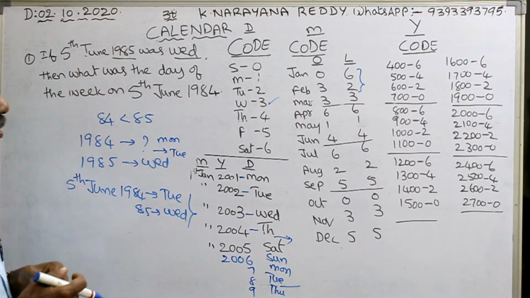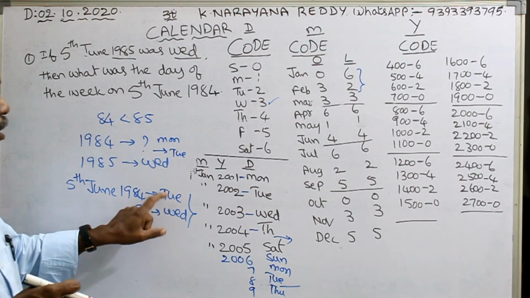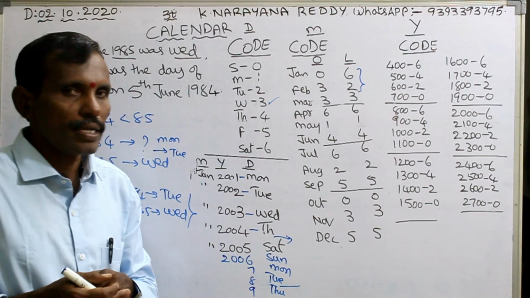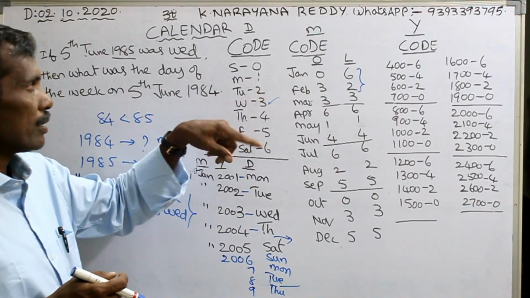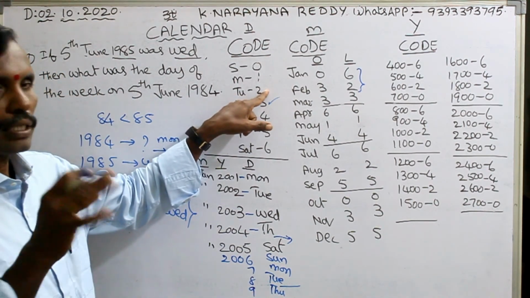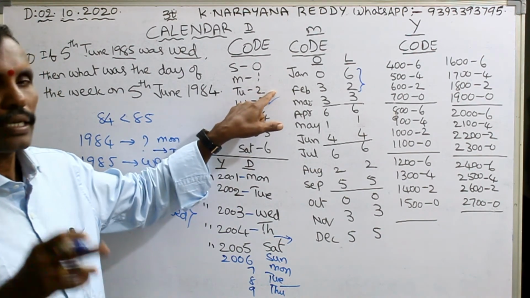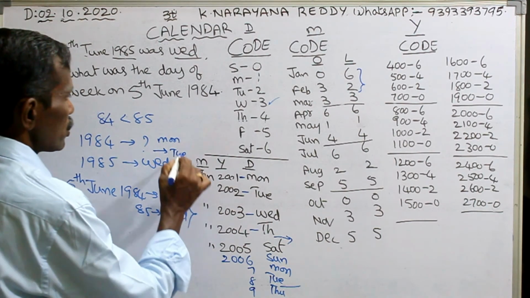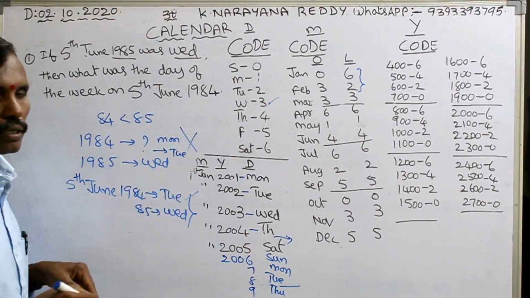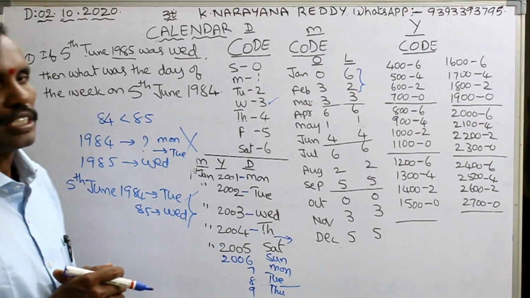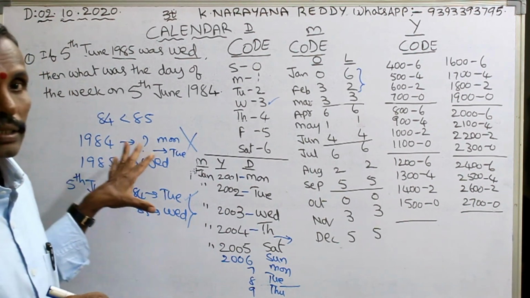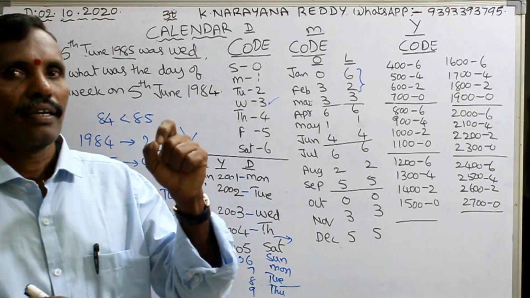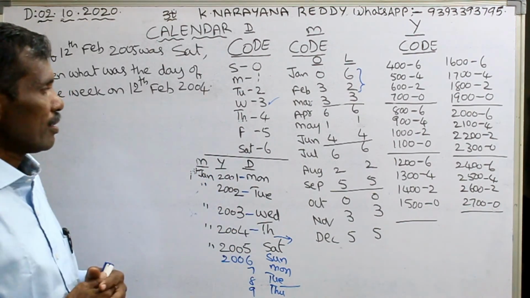5th June. How many days come, and divided by 7? You can get remainder as 2. That is the answer. When divided by 7, you can get remainder as 2. Quotient something and remainder as 2. That remainder is nothing but odd days. That is the answer, Tuesday. Okay? This is the logic you have to observe in this problem. Okay guys? Please practice these problems for doing within seconds in competitive exams. Okay? See another problem.